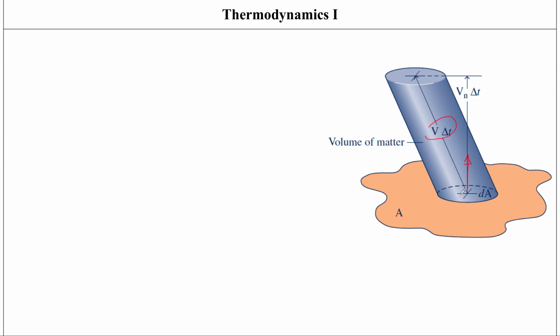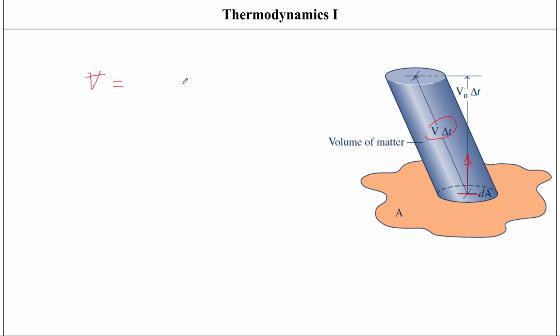So it would be perpendicular to dA over here. What else? Yeah, so if I was to find out the volume of the mass that is crossing this incremental area dA during the time interval delta t, then I could write it in terms of, let's represent volume like this, V dash, so the volume of mass would be equal to